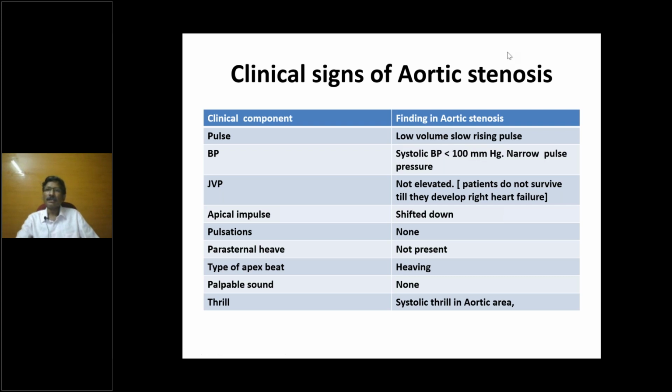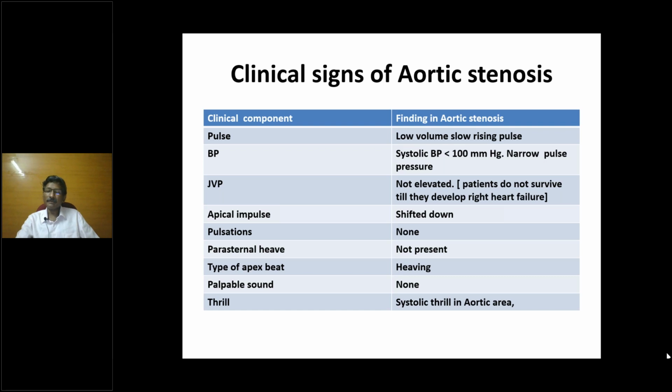Okay. Now, which pulse will you study to analyze the low volume and slow rising pulse? Radial artery, brachial artery, or carotid, femoral, dorsalis pedis. Which artery will you choose to study the low volume pulse? Low volume pulse, which is slow rising. See, think before you put the answer. Most of you have put radial. Okay,